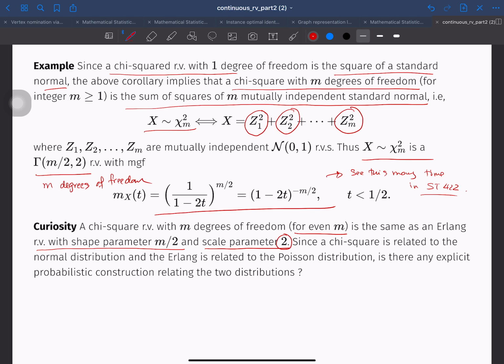can you think of any explicit relationship between the Poisson and the normal? Can you go from the Poisson to the normal somehow? I have not been able to find a way to explain this relationship other than via the moment generating function. So if you can, I would be very excited to hear what you have to say. Of course, I'm excited to hear what you have to say in general, but in this case, I'm excited also. Okay,